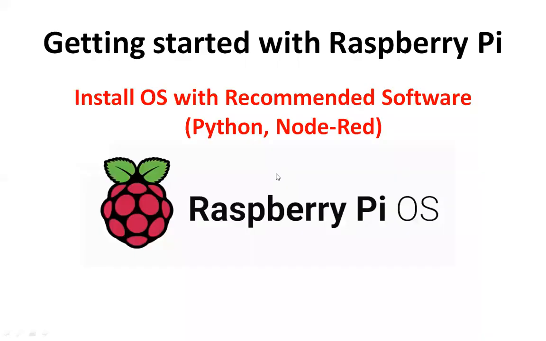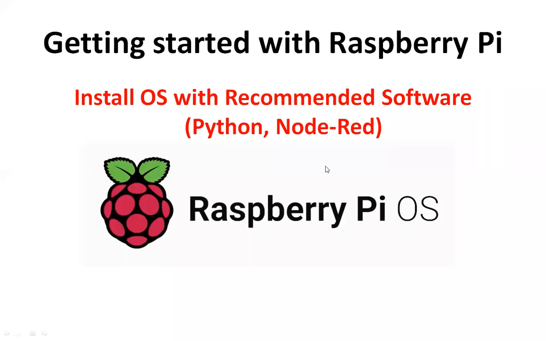So now we are getting started with Raspberry Pi. Before starting with Raspberry Pi, all of you must know how to install the OS with recommended software. It is available on the Raspberry Pi website. If you go to Google and search for Raspberry Pi Foundation, the website contains everything. You just have to download the software and flash it onto an SD card. Then you insert this SD card into your Raspberry Pi and give power to the Raspberry Pi. That's enough. Your Raspberry Pi is ready.